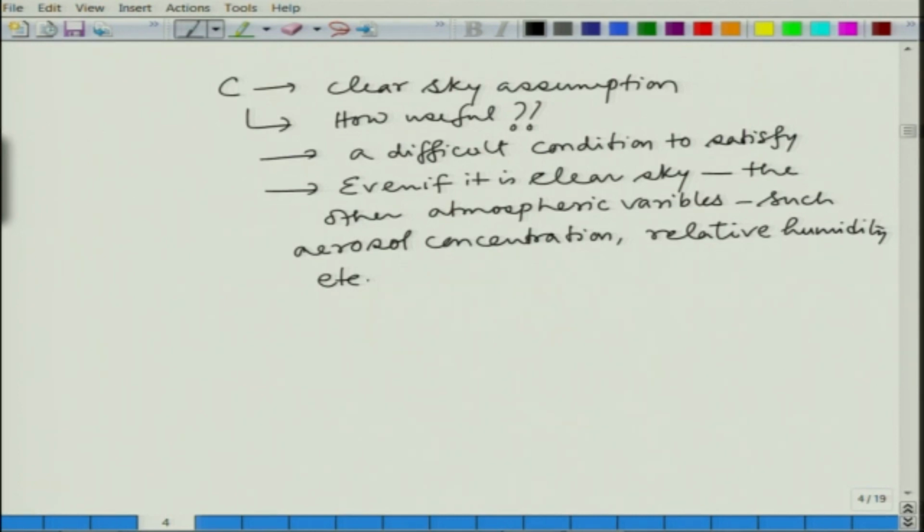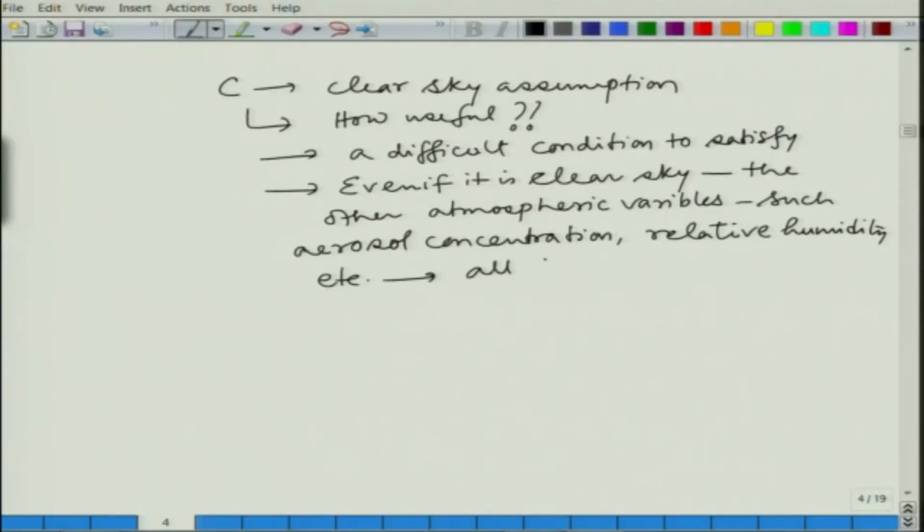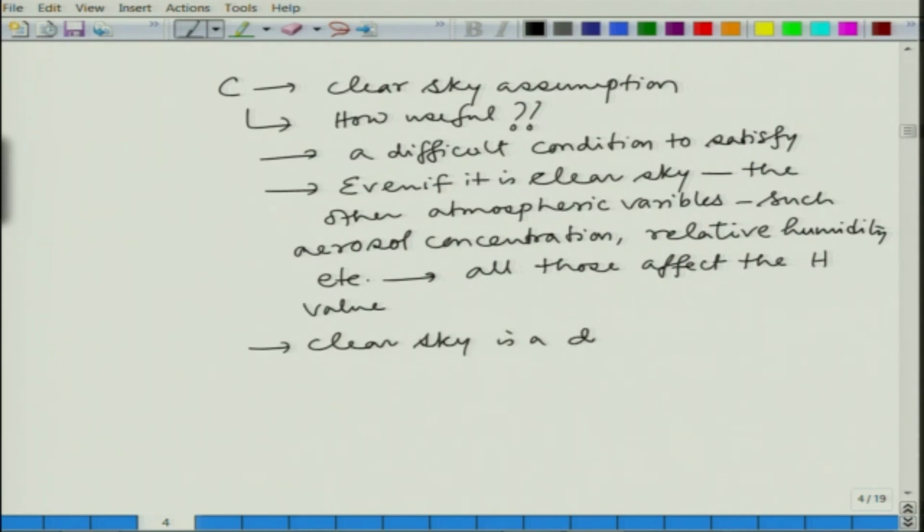Even if you do not have any cloud, then also you can have significant variability in terms of this aerosol concentration or relative humidity or some particular gas concentration. All those affect the H value or the energy received on a horizontal plane. That value is affected by all these things. So, clear sky is a dubious assumption